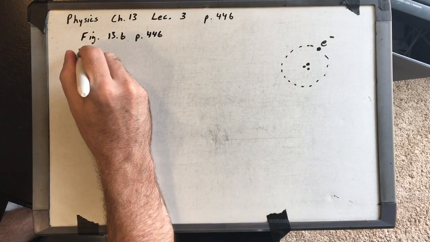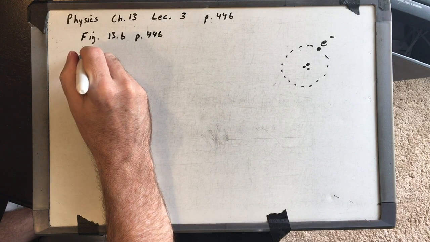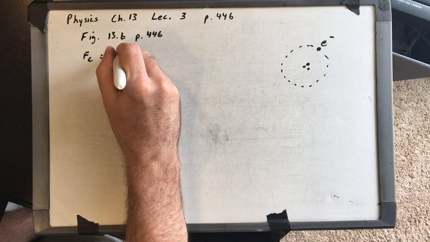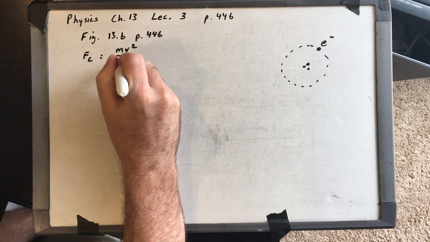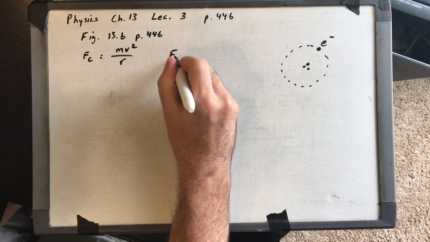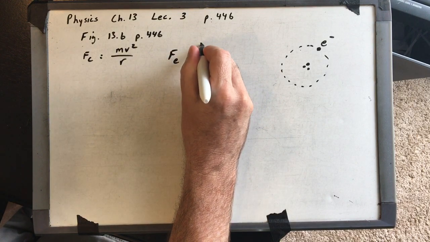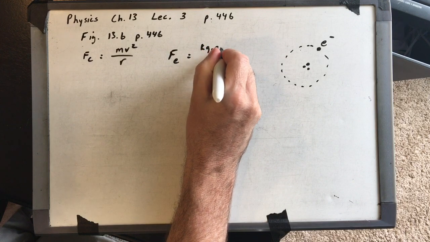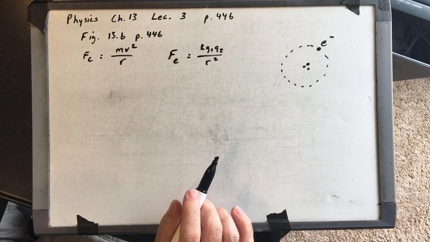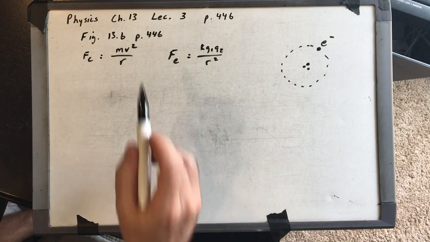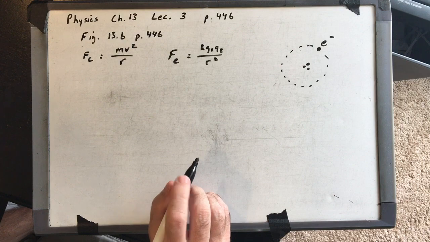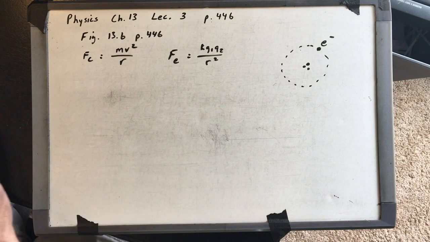And we're going to go all the way back to chapter 7 and use the centripetal force equation, which is mv squared over r. And we're going to set that equal to the electrostatic force equation, which is k times q1 times q2 over r squared. And if we do that, we can figure out velocity or mass or radius or any of these unknowns. Okay, so let's read through 13.10